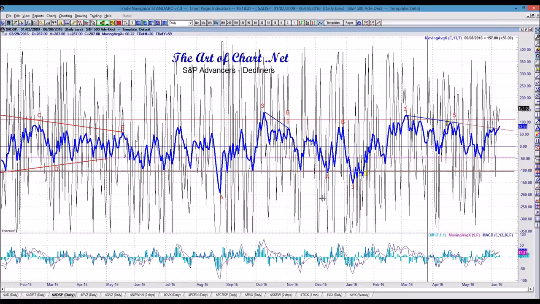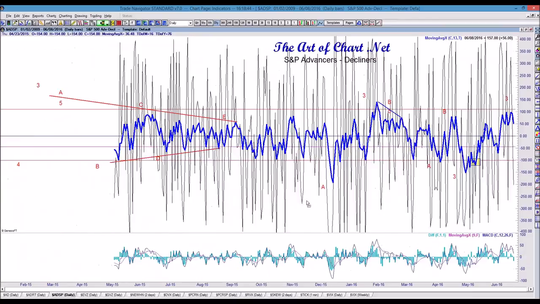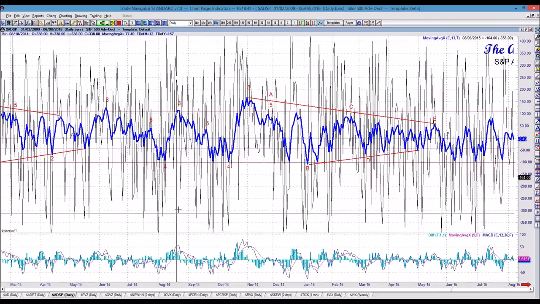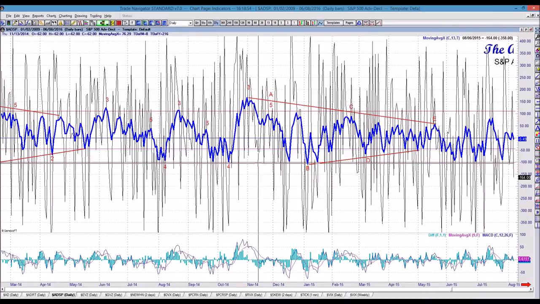What I've developed here is basically the S&P advancers minus decliners. Over time I have historically tracked this, going back many years, and I've determined that certain levels indicate certain things. For example, down at the bottom, minus 100 is typically where you see a turn. It's an extreme, and trading happens at extremes. The best trades, in my opinion, happen at extremes, not in the middle of a trade. So when I get down to this red line, I get very interested in what's going to happen.